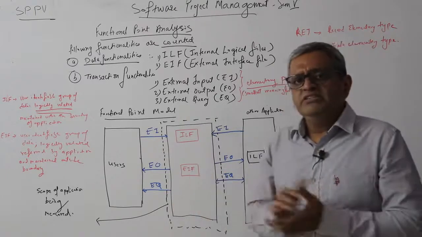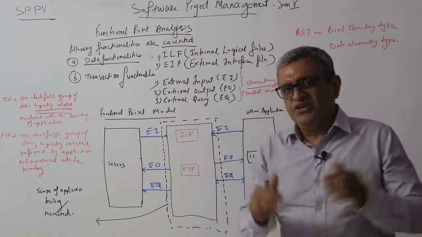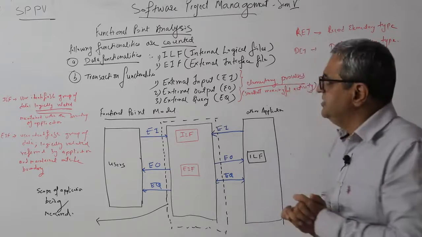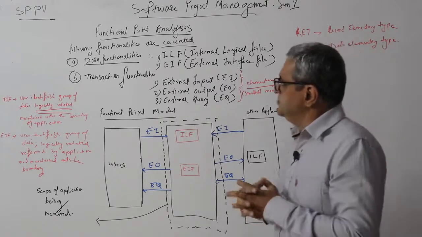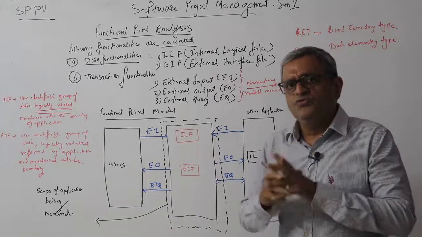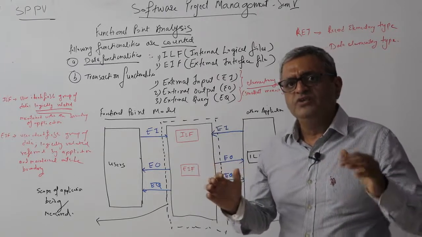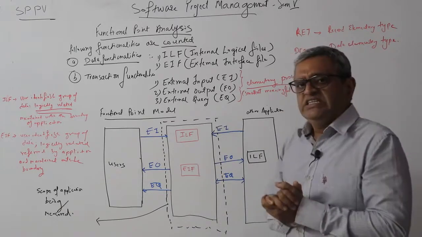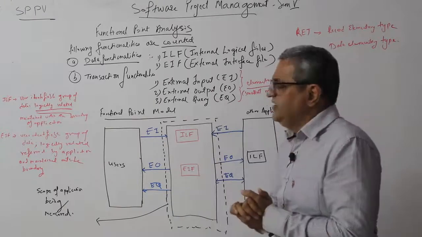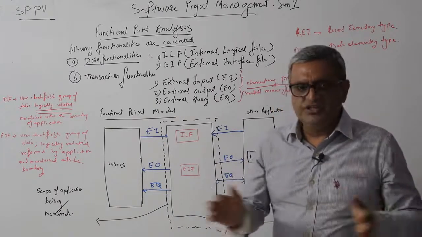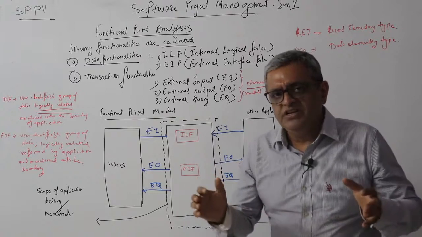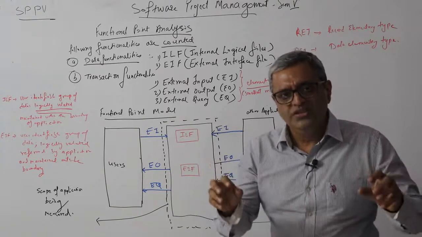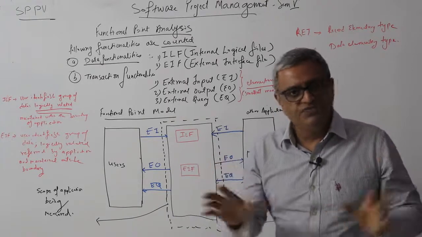Let us get into the details of what function point analysis is and how we really calculate the functionalities. In any software development there are two types of functionalities that need to be calculated. One is the data functionality and another is the transaction functionality. Any kind of software development will have one or both of these functionalities.